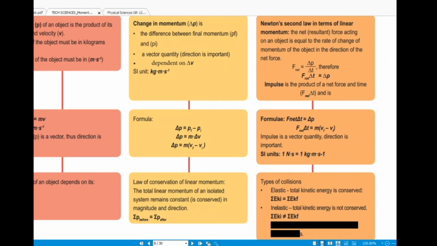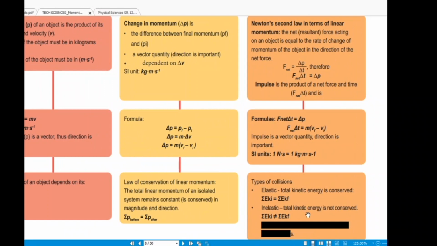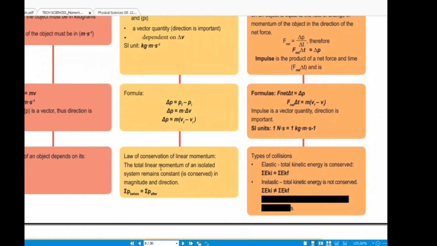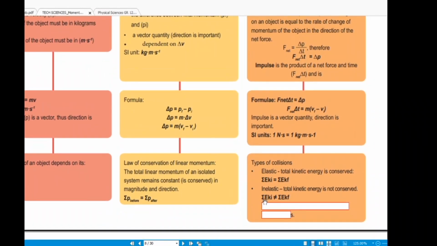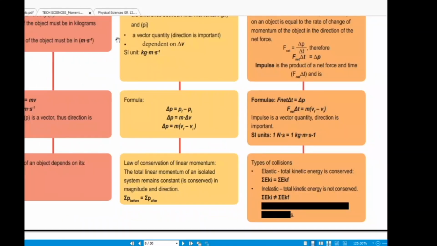Momentum is directly proportional to mass and velocity, meaning if we increase mass and keep velocity the same, then the momentum will also increase. Or if we increase velocity and keep the mass the same, then momentum will increase. Okay,